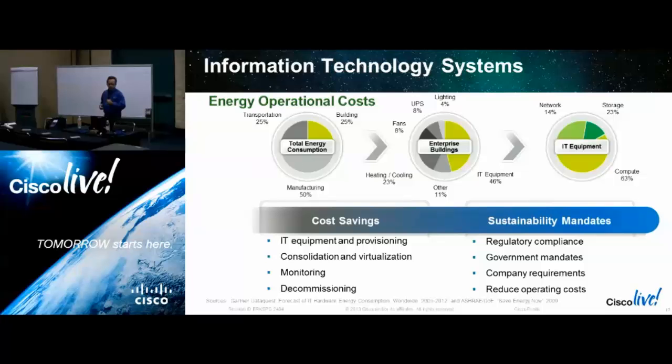And finally, let's figure out how to decom. Figure out how to get the plug pulled on this stuff so that we understand that it's no longer in use. We're not just claiming we've created this efficiency with this brand new gear, and we got this stuff out the door, and oh, we forgot to get that out the door, but don't look at the man behind the curtain. Decom is as important as all the rest of those.